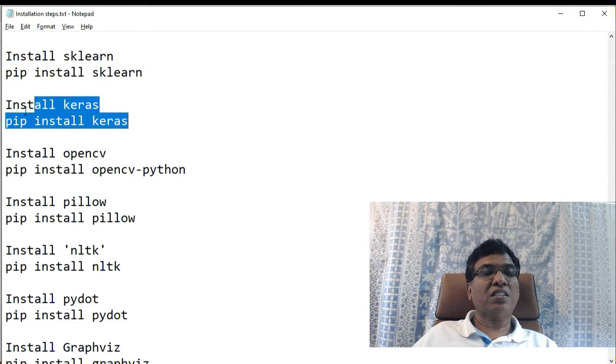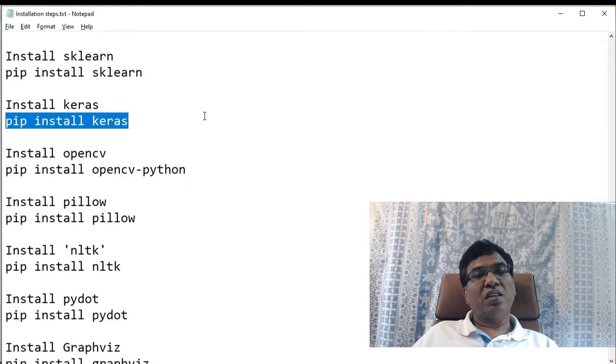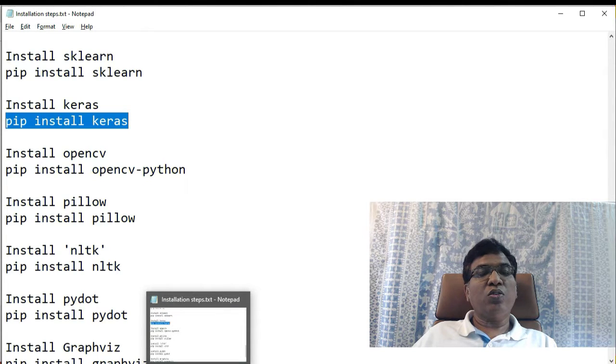Then Keras. Keras is the one which uses TensorFlow underneath. At the same time it supports many libraries. In this machine learning course we will not deal with Keras, we will deal with only TensorFlow.